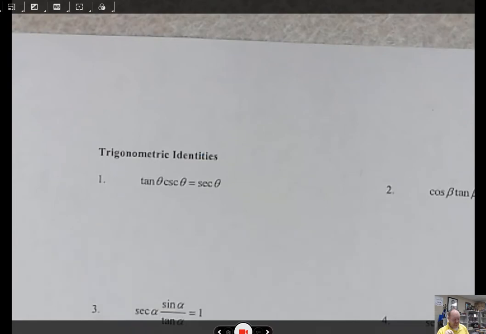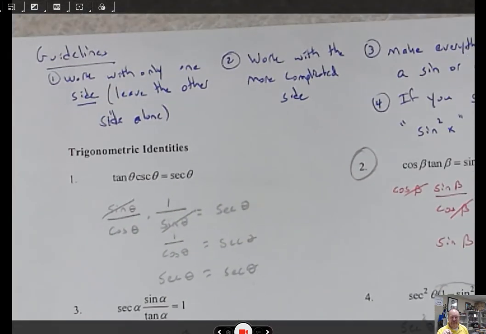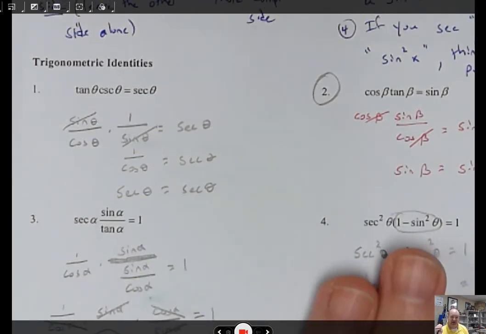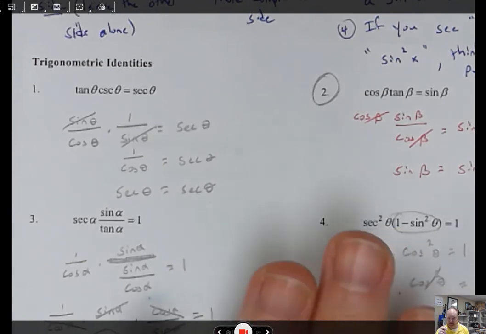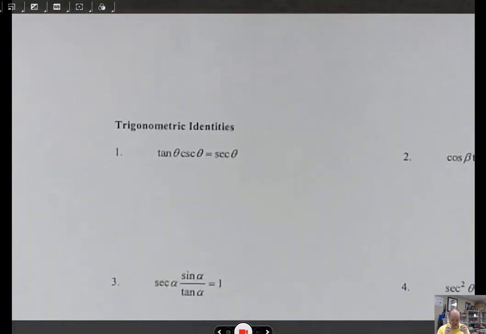The reason I'm telling you all of that is because I completed this handout as I was working that video, and I'm not going to rework all of these. I'm going to work the ones that I did originally. So what's posted on Canvas will be a blank copy of this, and then also this completed copy, so that'll give you some other practice problems. A couple of you emailed me asking about needing some more help with proving trig identities,